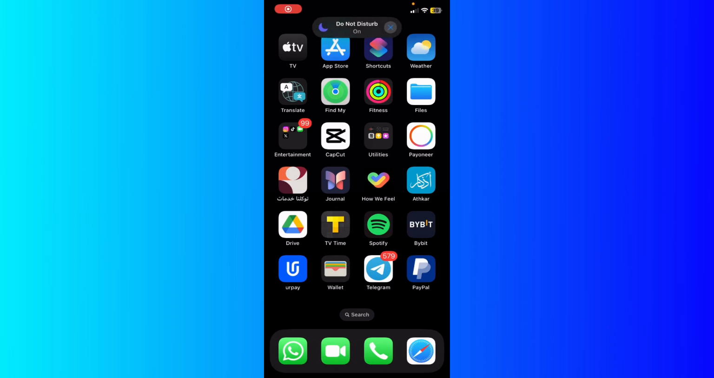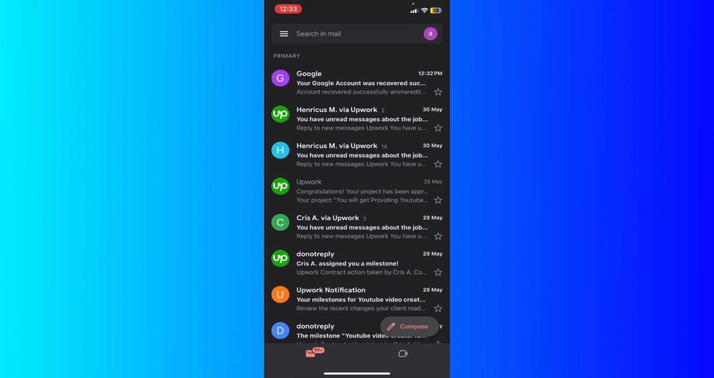My name is Adam. Today I'm going to show you how to change Gmail password in mobile. So first of all, go ahead and open up your Gmail and make sure that you updated the app to the latest version. Now what I'm going to do, I'm going to click on my avatar icon at the top